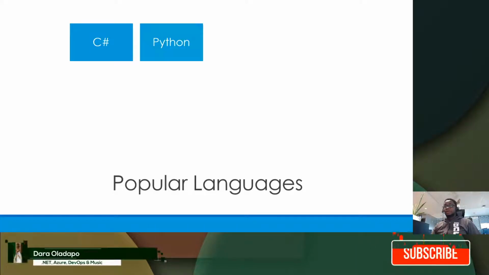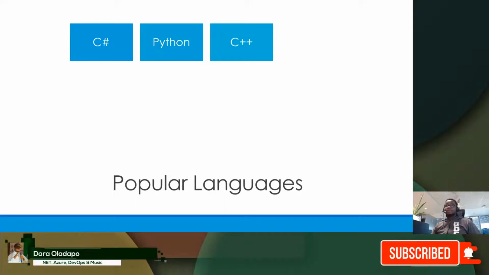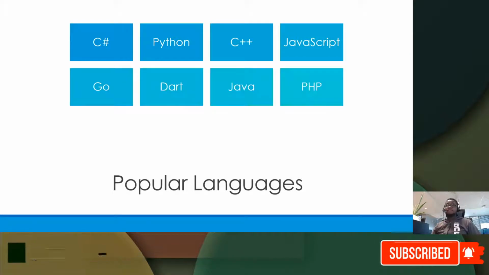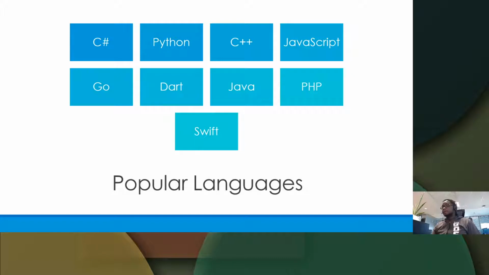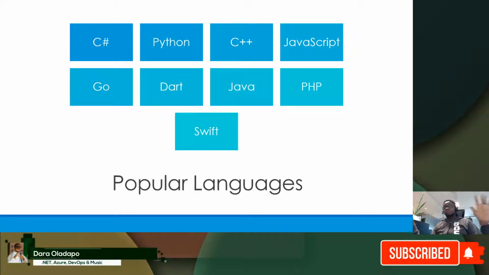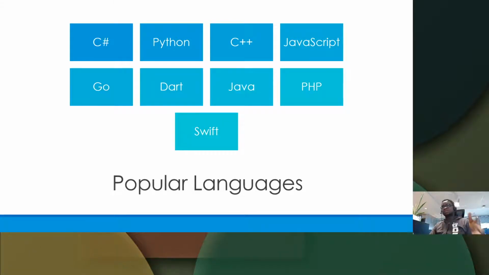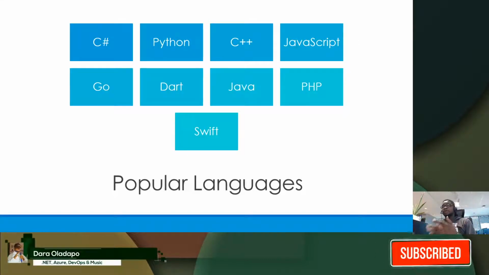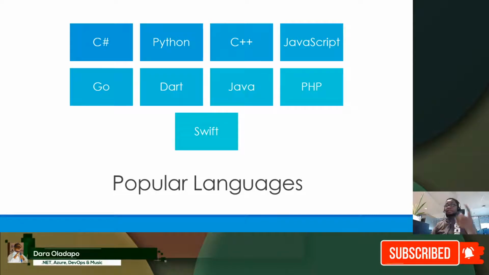We have Python, C++, JavaScript, Go, Dart, Java, PHP, and Swift. Those are my own top languages. There are a lot of them, 20, 30, 40, 50, 100. Of course, there's Fortran also. But these days, these are some of the most popular languages that people actually write code in, and that is why I have them listed up here for you.